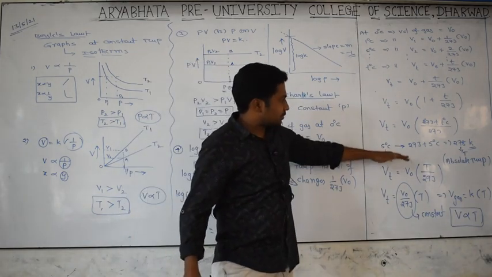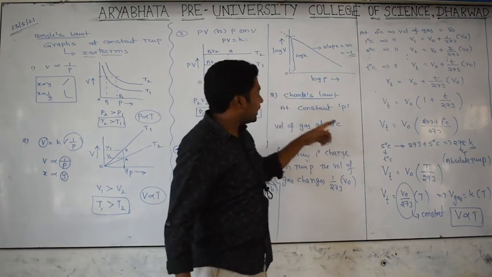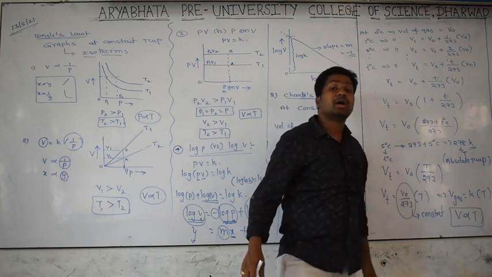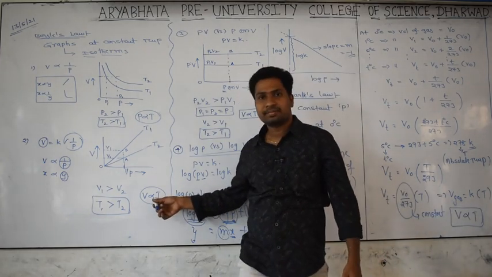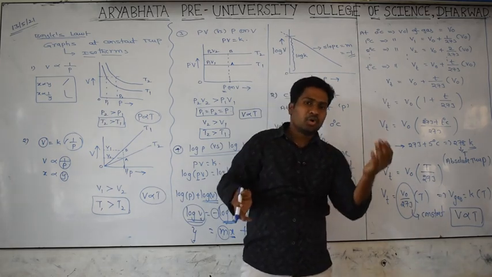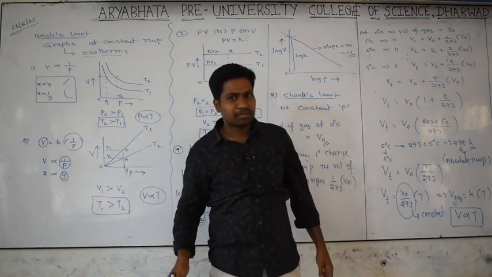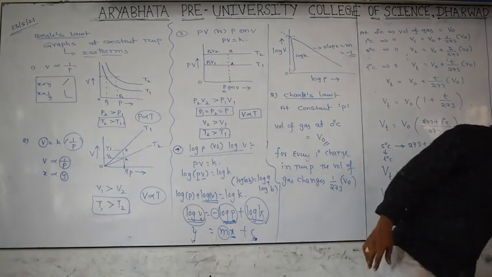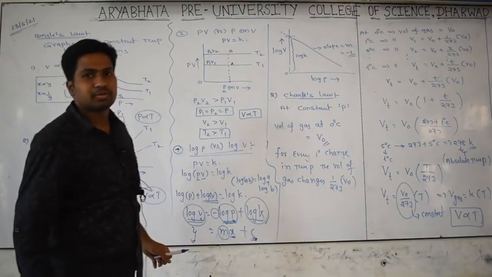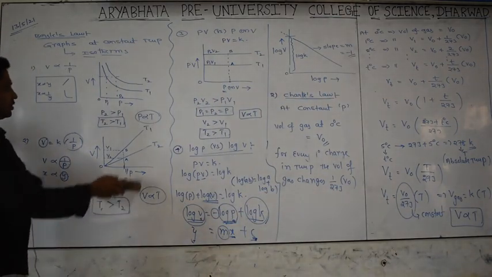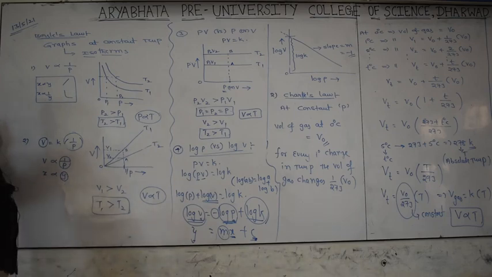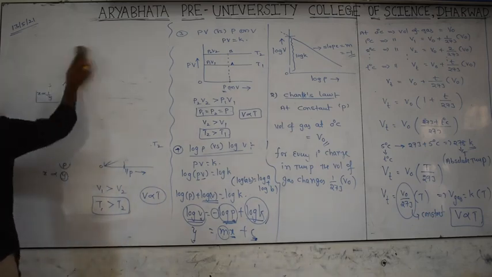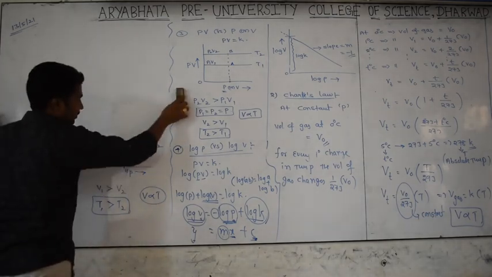For the entire derivation this is important; actually the derivation itself is not required. The statement is: at constant pressure, the volume of a given mass of a gas is directly proportional to absolute temperature. So as the temperature increases, the volume also keeps increasing. Capital T means absolute temperature, small t means degrees Celsius. Did you get it or not? Yes. We will see an extension of that.